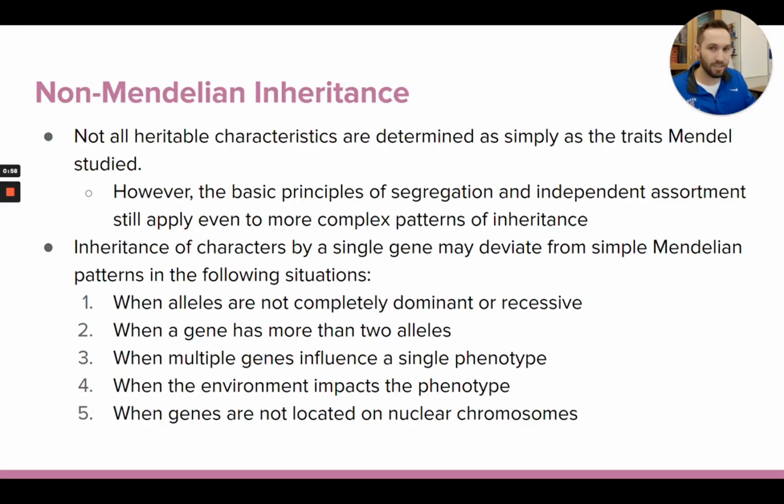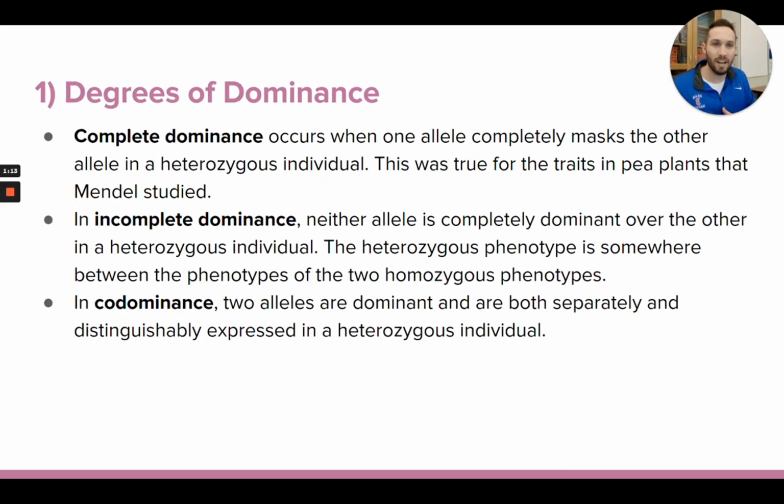have thought. And so in these notes, there's basically five things in this video, in this topic, that we're going to talk about that are a little bit different than what Mendel originally came up with. The first thing is the fact that there's different degrees of dominance that occur sometimes for specific genes.